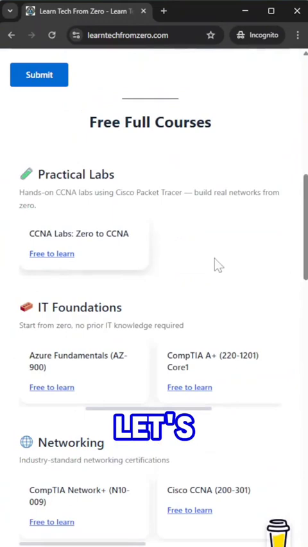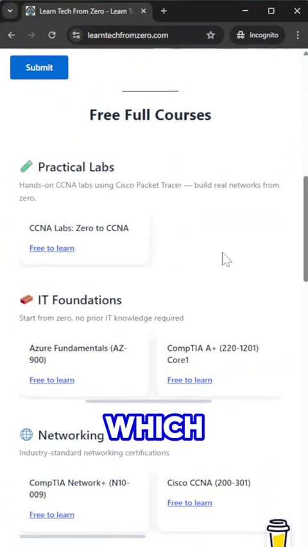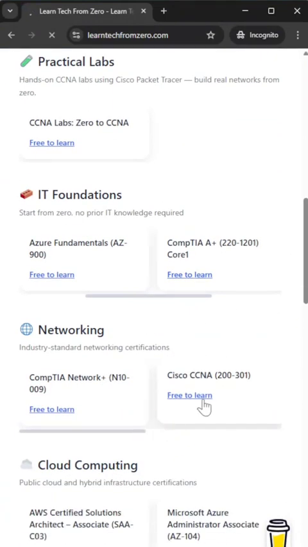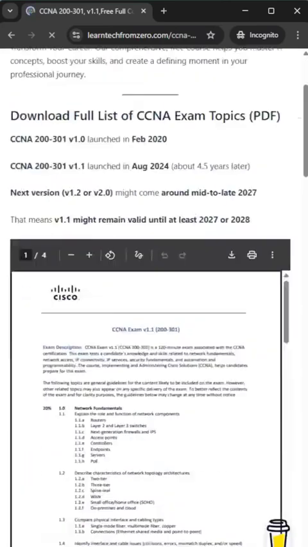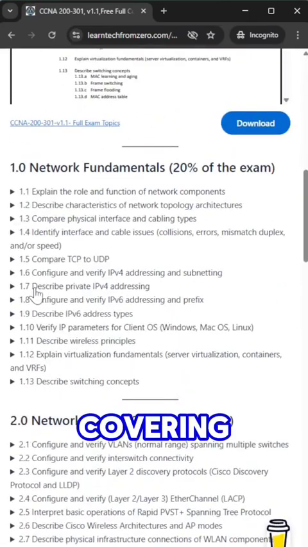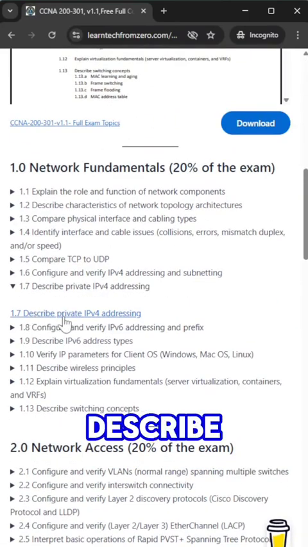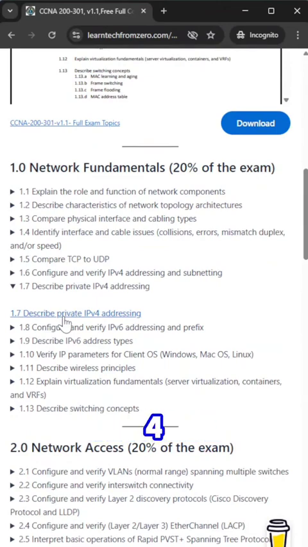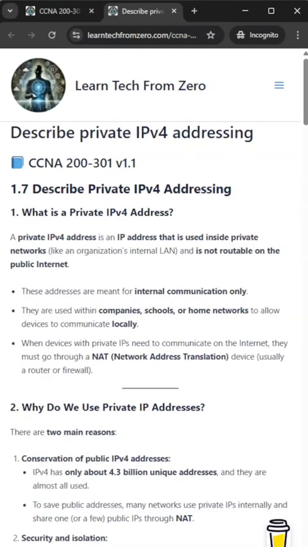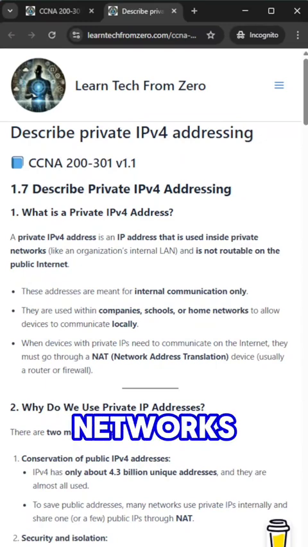All right, let's start with today's topic. Today we'll be covering 1.7, describe private IPv4 addressing. So, what is a private IPv4 address? A private IPv4 address is an IP address that is used inside private networks and is not routable on the